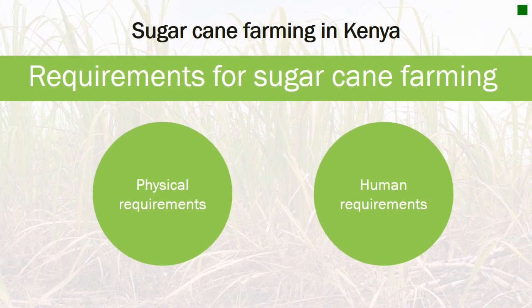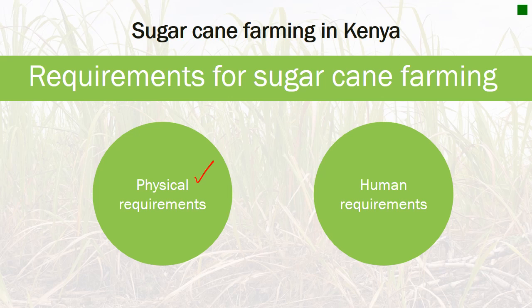Next is the requirements for sugarcane farming or conditions that favor sugarcane growing in Kenya. So we have the physical conditions or physical requirements, where we have high temperatures of 20 to 27 degrees Celsius throughout the year, a dry sunny season near the harvest time to promote sugar accumulation, high rainfall of 1,200 to 1,500 millimeters throughout the growing period,